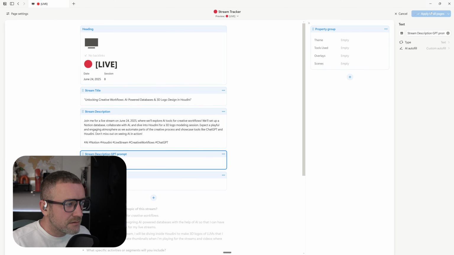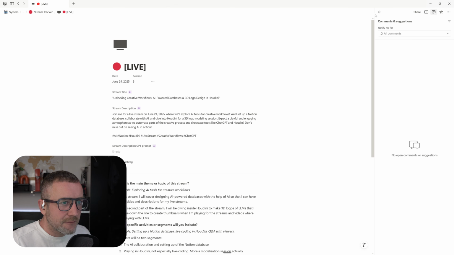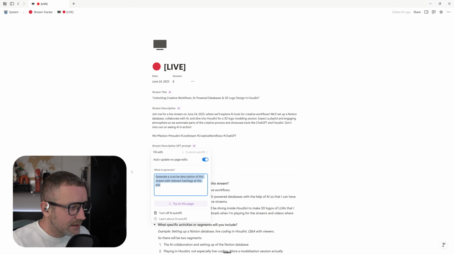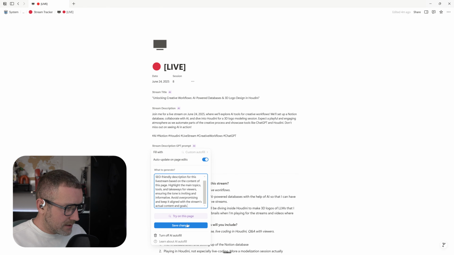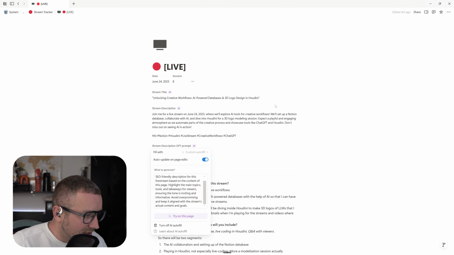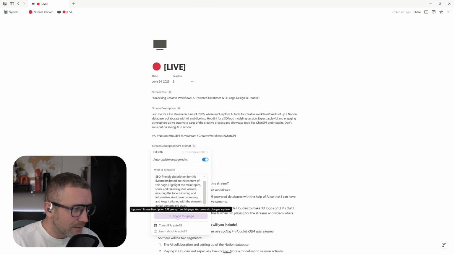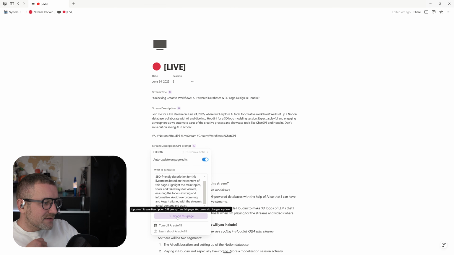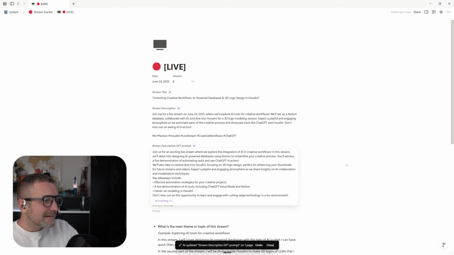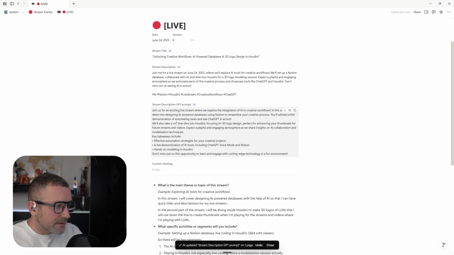And now we can feed the prompt inside. Save changes, and we get to compare the two descriptions that are, yeah, this looks way better.